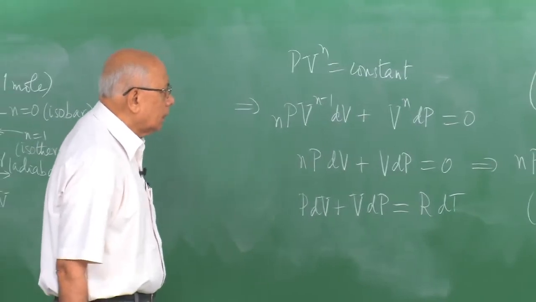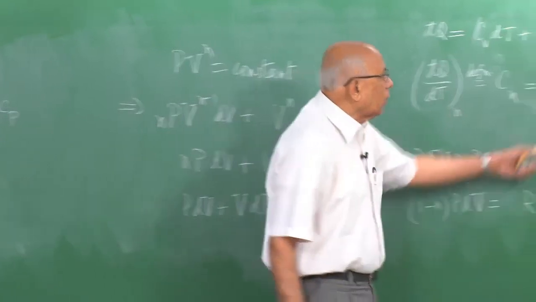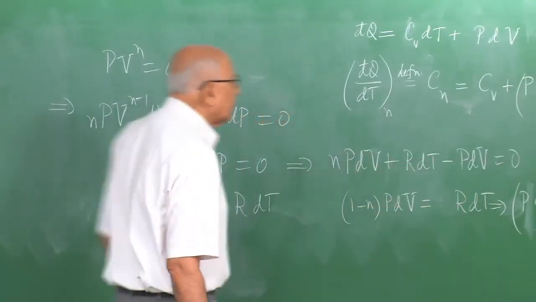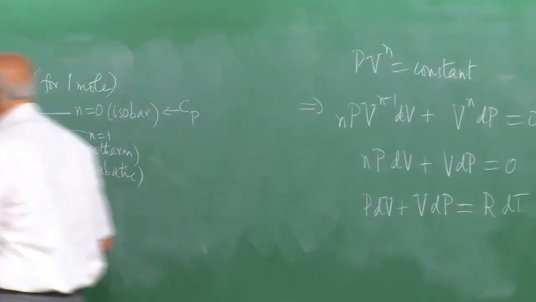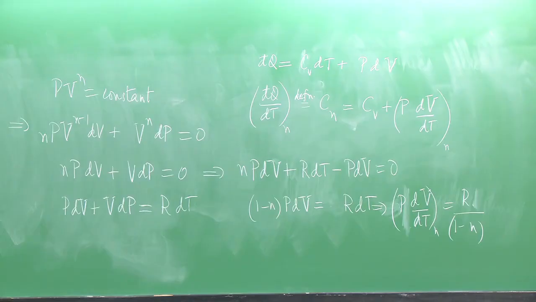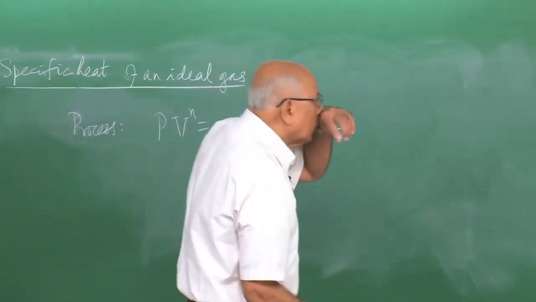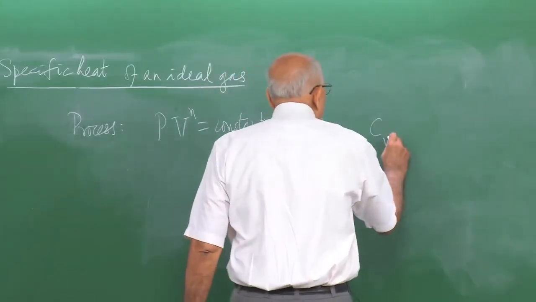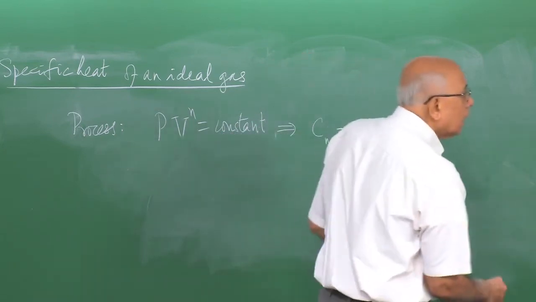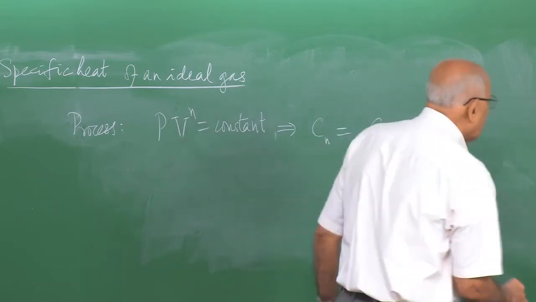Okay. So that is all we got to put in here, and then the problem is solved. So we have Cn for this process, this implies that Cn for such a process is equal to Cv plus R divided by 1 minus n,